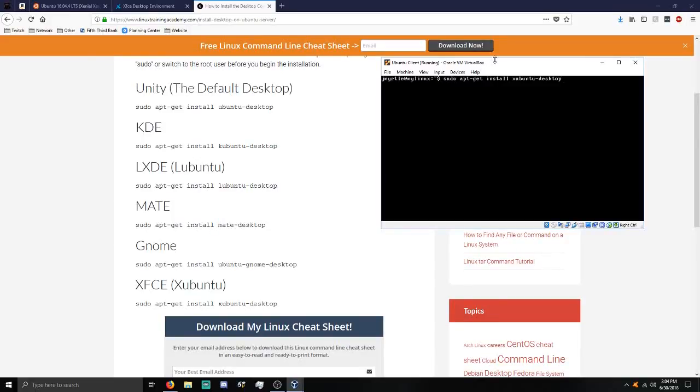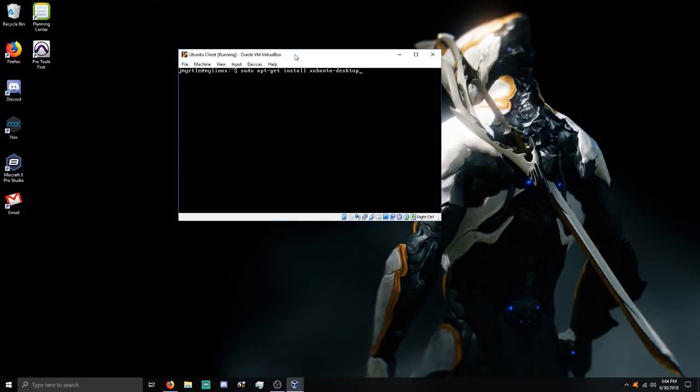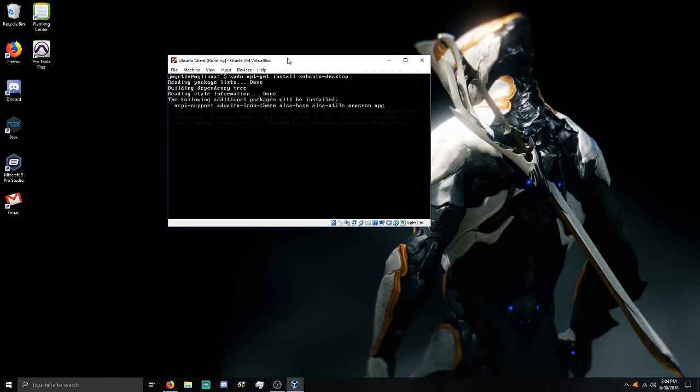Once you do this, it'll take quite a few minutes for everything to install. So there's probably going to be a time lapse on all the gaps that I've had within this video. We've already got that command line down. We can close that and get it out of the way. All that's left to do now is press enter,